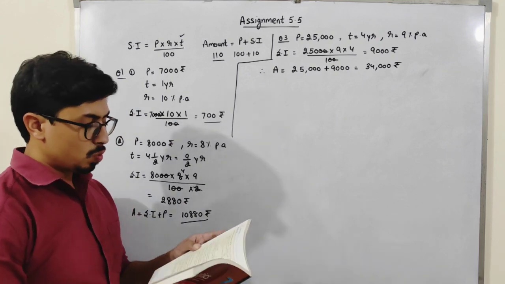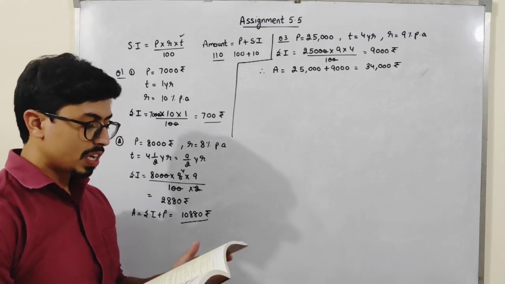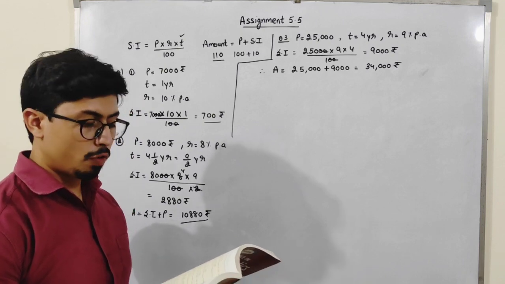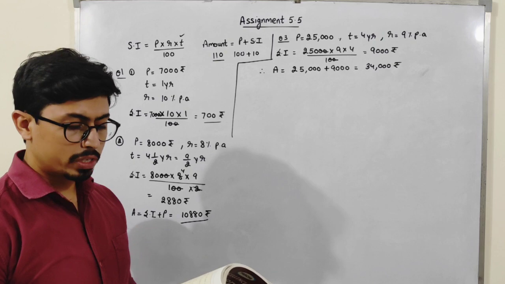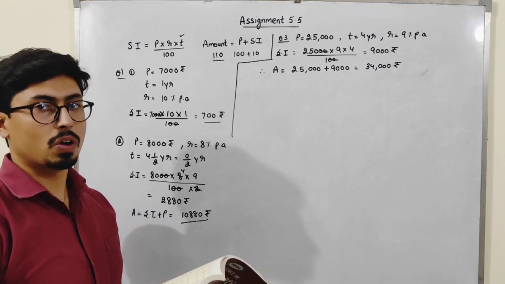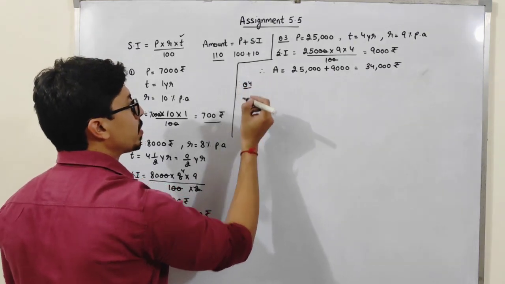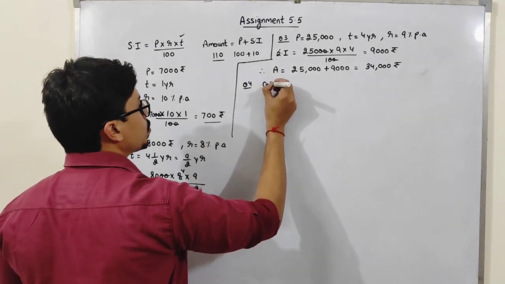Okay, so now moving forward to question number 4, students. Rakesh lent out 8,000 rupees for 5 years at 15% per annum and borrowed 6,000 for 3 years at 12% per annum. Did he gain or lose? See, two situations are given, students, in question number 4. In the first case, in case 1, students,